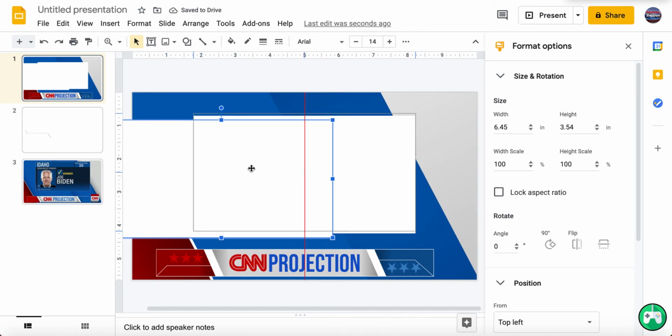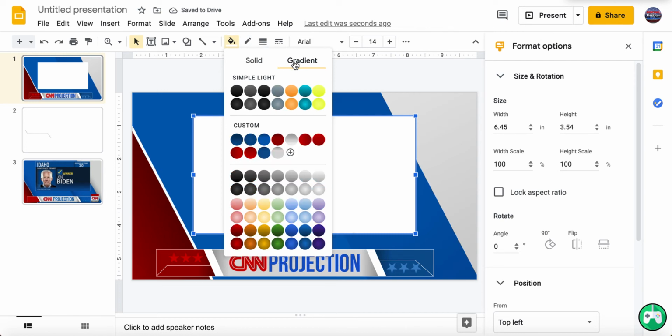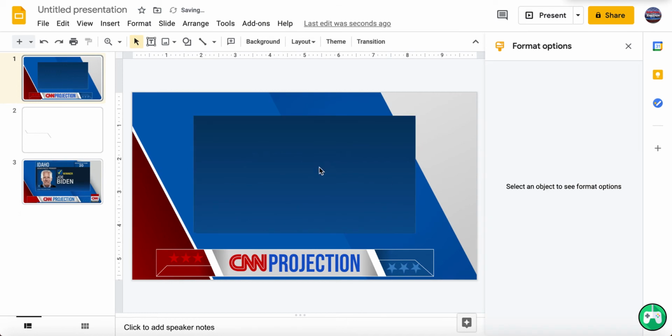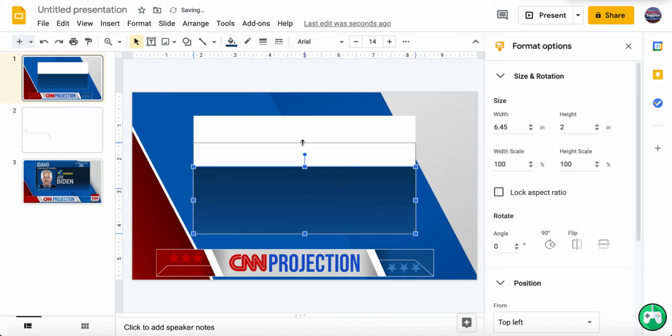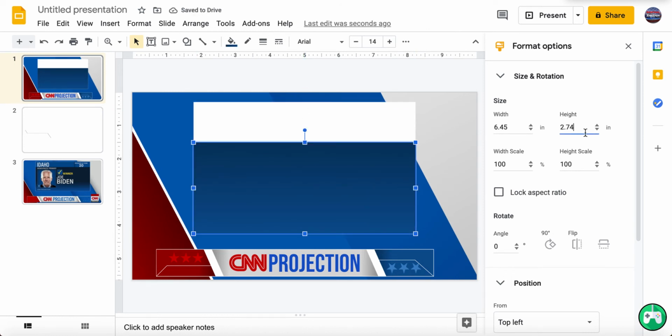Now we've copied and pasted it. What we're gonna do is we're going to fill color. We're gonna go make the top, sorry, the top dark blue. The bottom a lighter shade of blue. Boom. Actually, we're gonna size this down. Not that much. Actually, we're gonna size this one up a little bit. We're gonna make this one what? A 1.